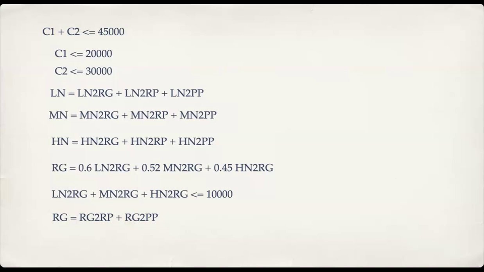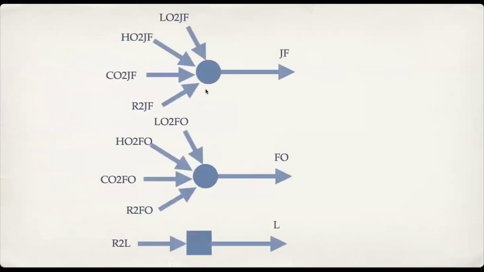Okay, and now we move to the next constraint. How do we get this constraint? Light naphtha equals the light naphtha that we send to reformer, plus light naphtha we send to regular petrol and premium petrol. We get this constraint